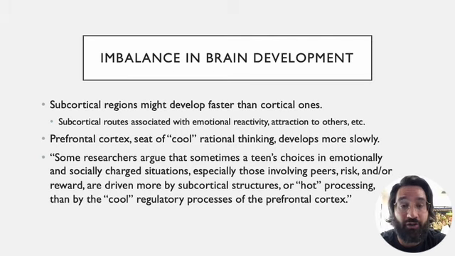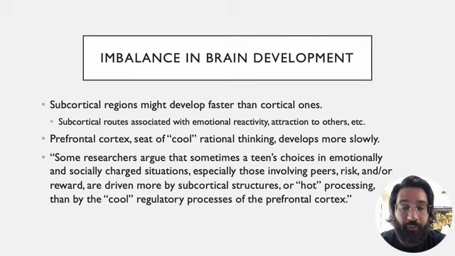And those regions are developing faster than the prefrontal cortex, the outer layer, the cortical regions of the brain that are associated with more rational, logical thinking, executive functioning. Those areas of the brain develop relatively slower than the subcortical ones. Here's a quote from the reading, that some researchers argue that sometimes a teen's choices in emotionally and socially charged